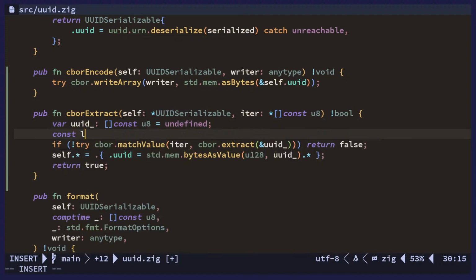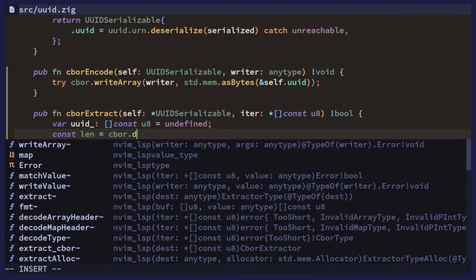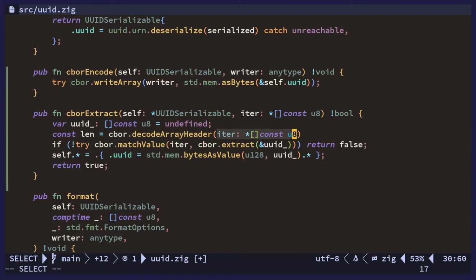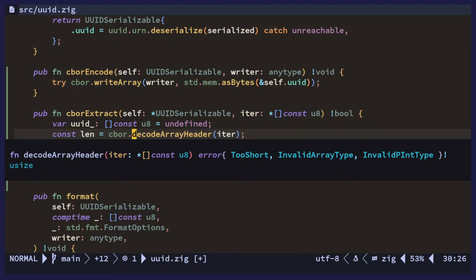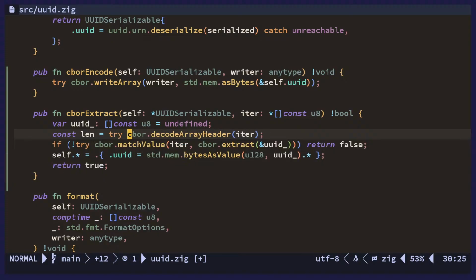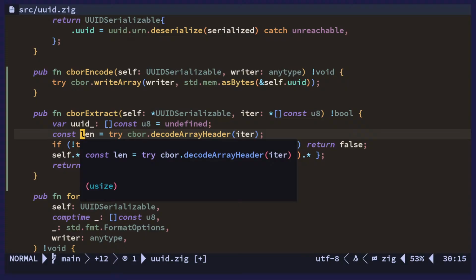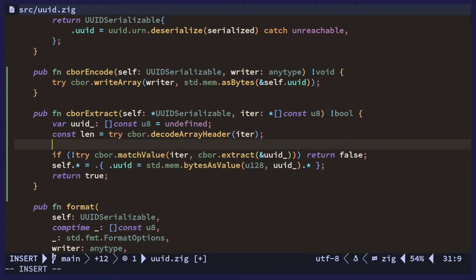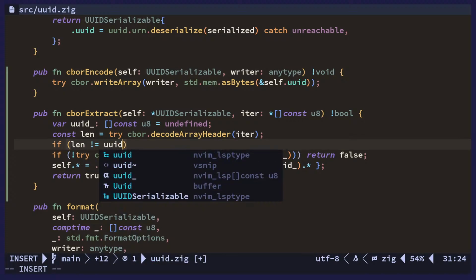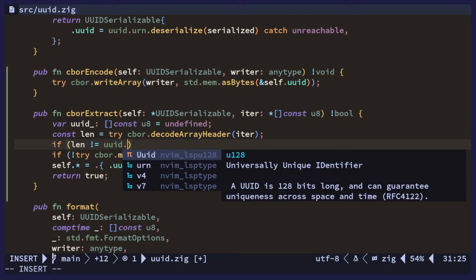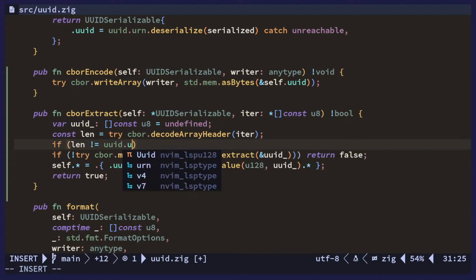Let's do length equals cbor decode array header on this, try. So now this is a usize. Actually the size has to be whatever it is, like 34 or whatever. If len is not equal to